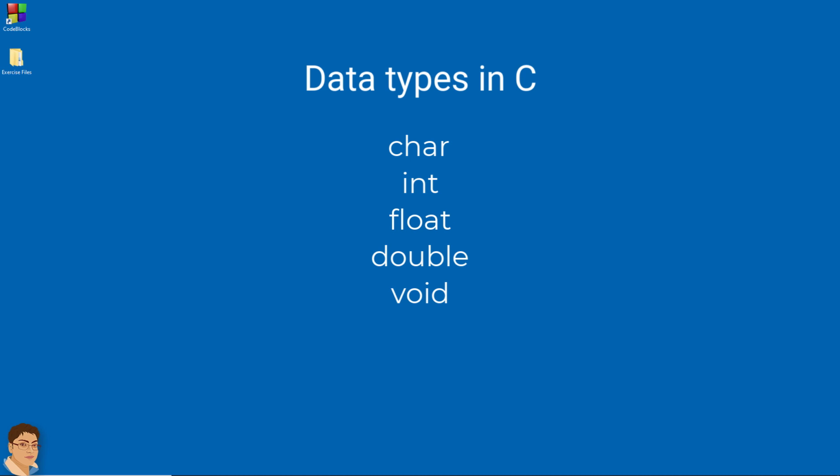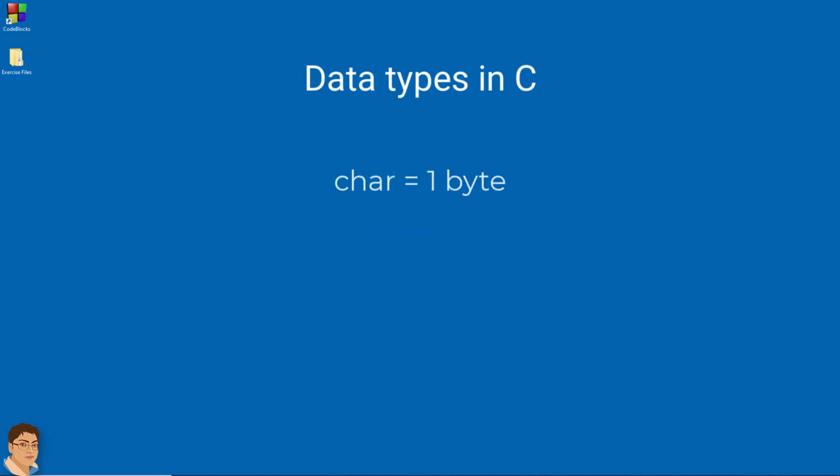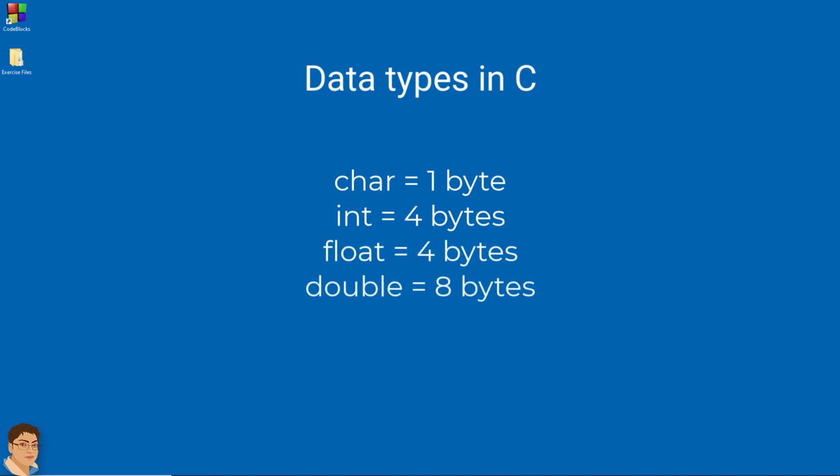These types form the basis for several other types like array, pointer, structure, union, etc., which I will cover in subsequent sections. The size and range of these data types may vary among processor types and compilers. You can use the sizeof operator to find out the amount of memory actually used by any variable. However, in all cases, a variable of type char is 1 byte. For most 32-bit environments, an int is 4 bytes. The size of float is 4 bytes and the size of double is 8 bytes.